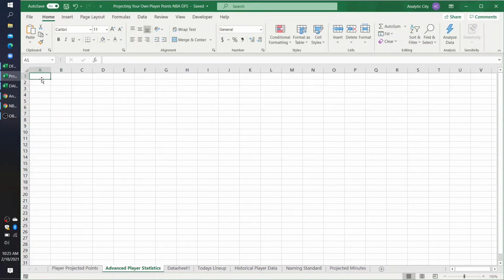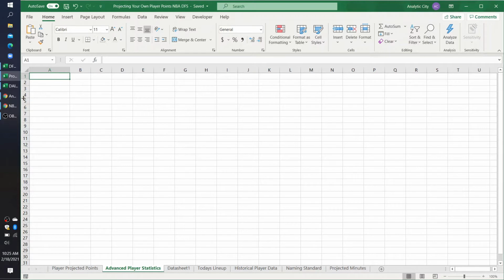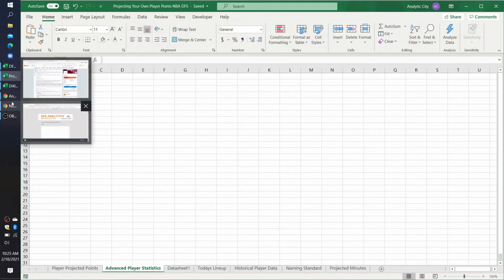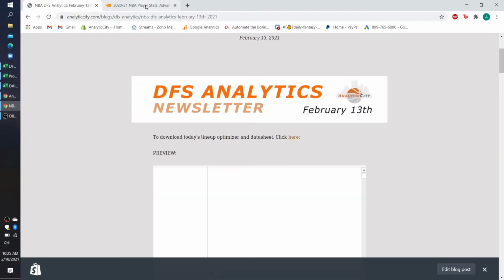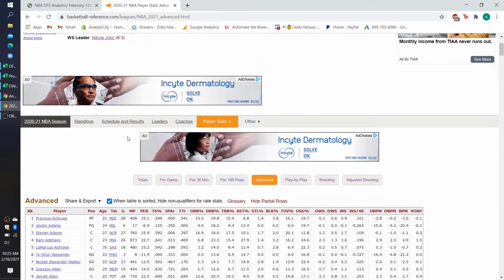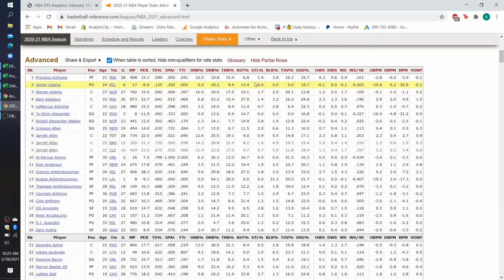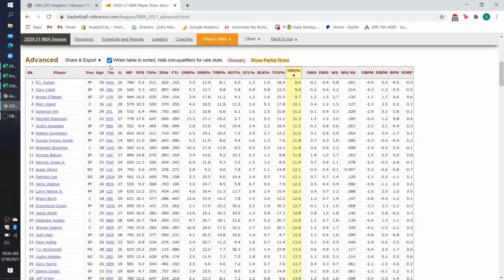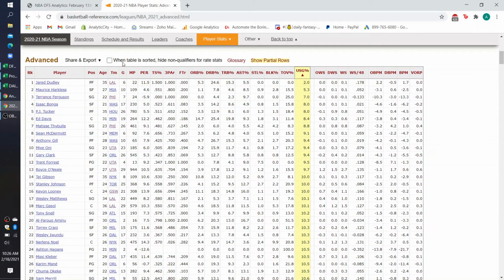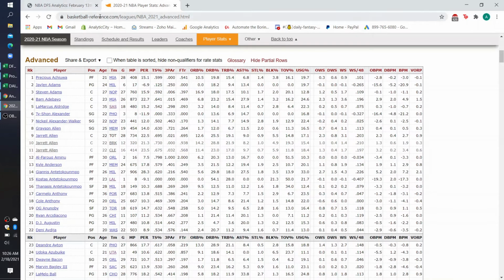And then we're going to use a nice function in Excel that will allow you to automatically import the data just by clicking one simple button. And what we can do here is we'll go to our Basketball Reference. And you can see I already came to the Advanced Stats sheet. And what we're going to want is this table to come into our Excel workbook. I'll go ahead and sort for usage. I'm going to uncheck this because sometimes you run into some errors with that. But I'm going to copy the URL,